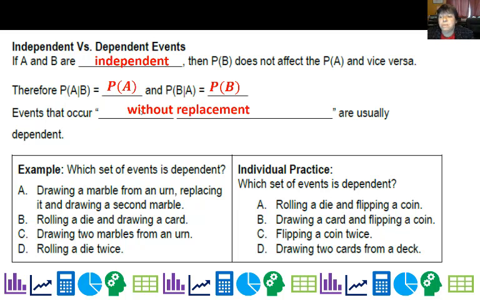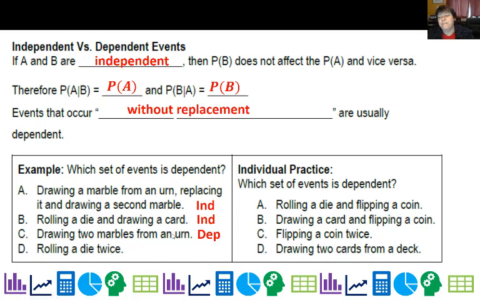Well, in choice A here, drawing a marble from an urn, replacing it, and drawing a second marble, that's like our first example that we did, and that was independent. Rolling a die and drawing a card, the card doesn't care what you rolled, so that's also independent. Drawing two marbles from an urn, it sort of implies here that you're keeping the marbles. So we would say that's dependent because once you keep one, there are fewer marbles in there and it affects